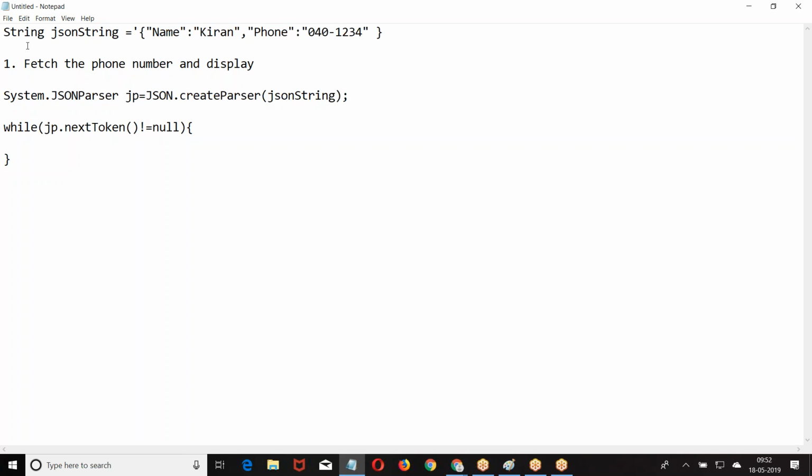So where is my current cursor now? I told nextToken here, cursor. If this is not equal to null, then I am checking if jp.getText equal to